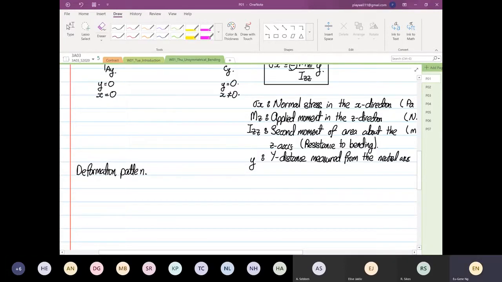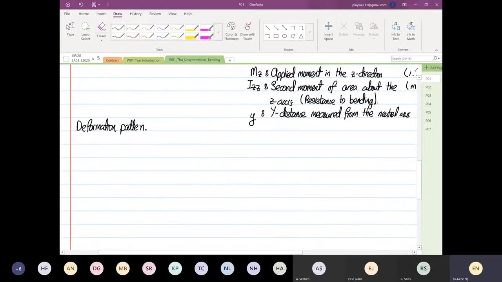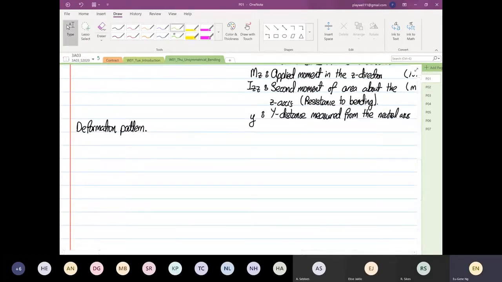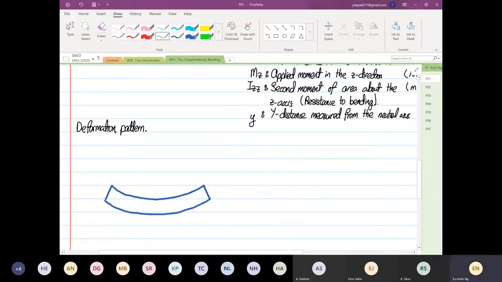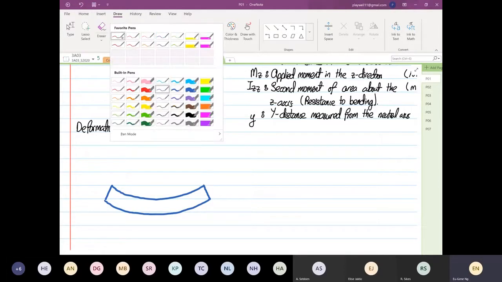So if I were to sketch now how the structure will deform, the structure will tend to deform this way. So this is the deformation pattern because we have the load at the center,